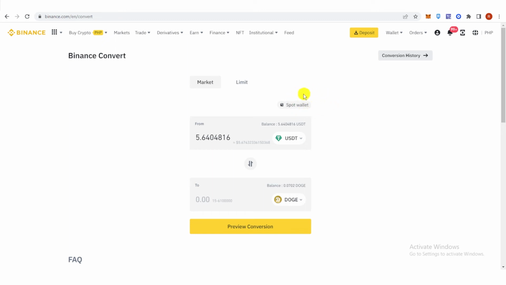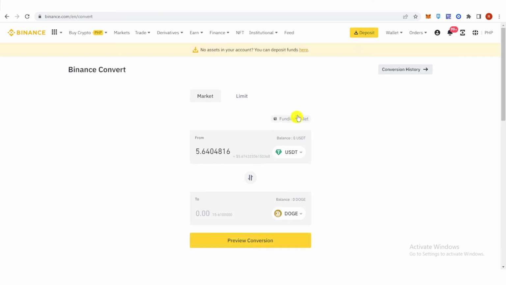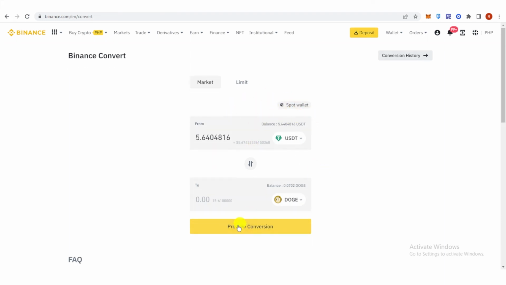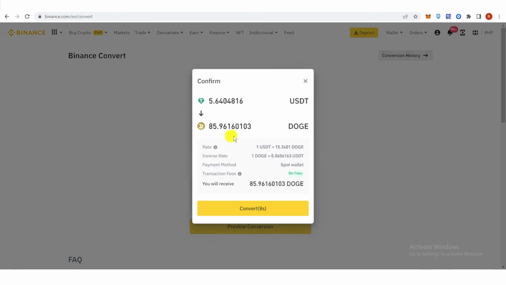So if you have your funds in spot wallet, click here, and if you have your funds in funding wallet, click here again, and it will change into funding wallet. Then click preview conversion, click convert,